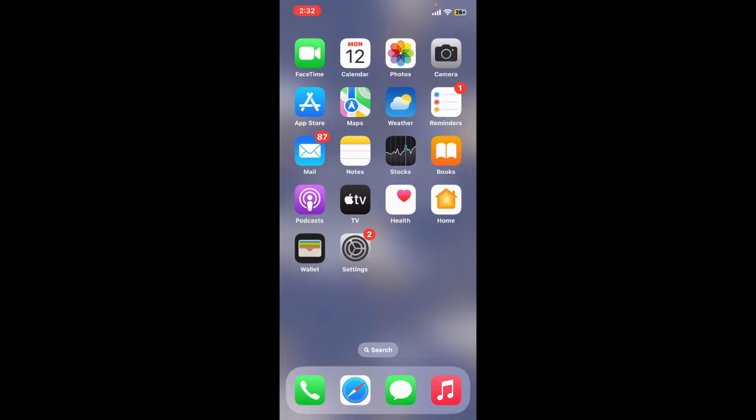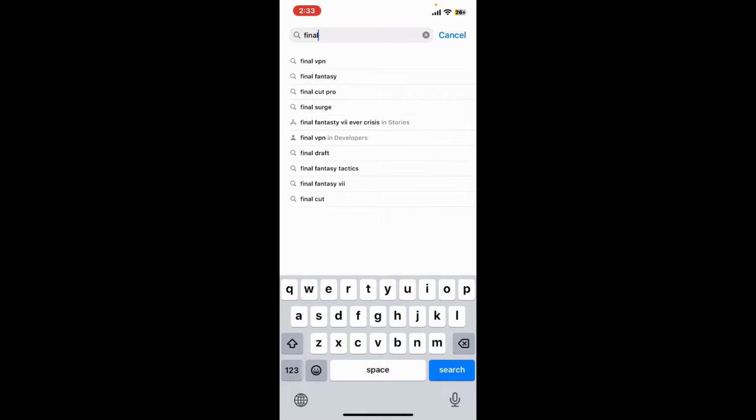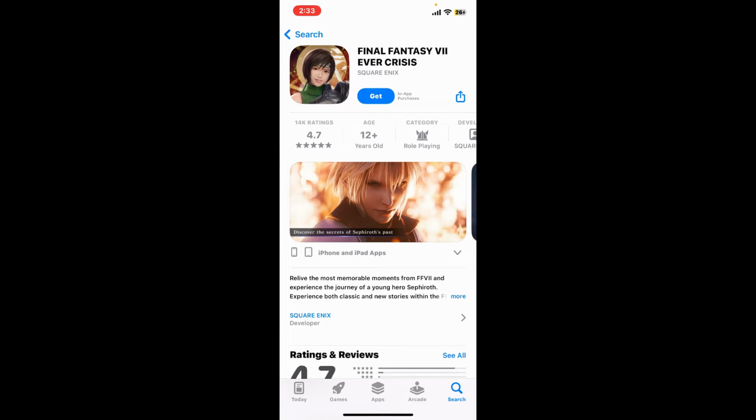First of all, open your App Store and go to the search box at the top and type in Final Fantasy, and then in the search result, look for this application from Square Enix that says Final Fantasy VII Ever Crisis. Now to download the app, go ahead and tap on the Get button and wait until the application gets